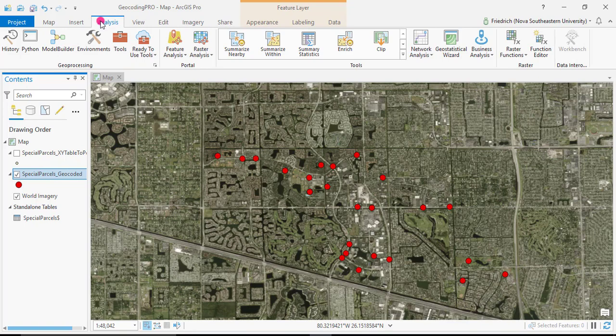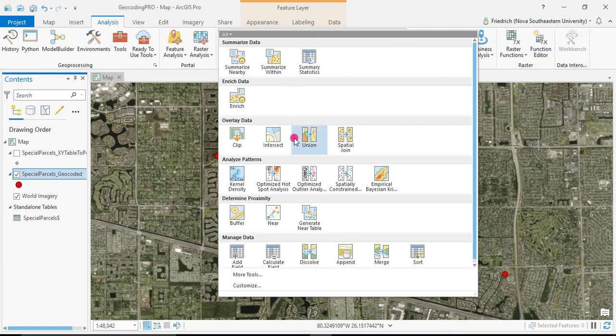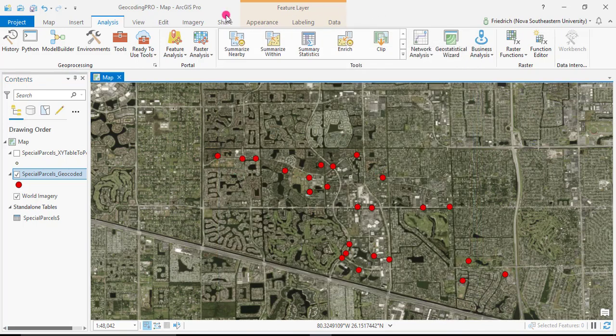If I go to analysis, again, I click on my geocoded parcels here, geocoded locations, go to analysis. I can go here for tools, and you can see they're similar to what we have seen in the online world. I can summarize, I can enrich, I can do some proximity stuff, do pattern analysis, but I don't see my buffers. For that,